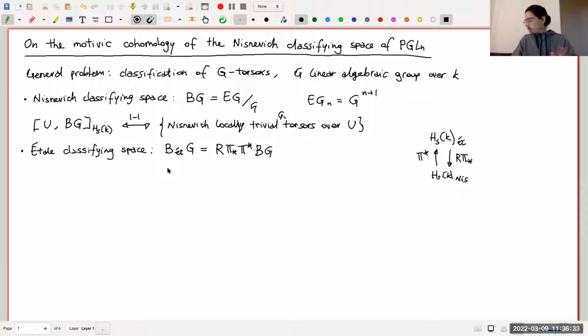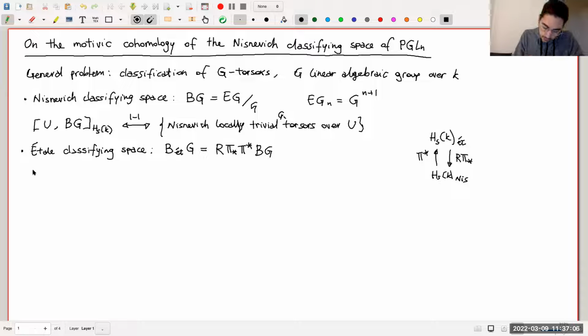Now, the main heuristic difference between these two classifying spaces is that BG, the Nisnevich one, is more, let's say, topological in nature. It's constructed just as in topology, and it's also approachable by more topological techniques. Instead, this étale classifying space is more algebro-geometric. Actually, it is modeled up to A1 homotopy as a colimit of varieties, so sort of an infinite dimensional variety. Okay, and this of course classifies torsors which are étale